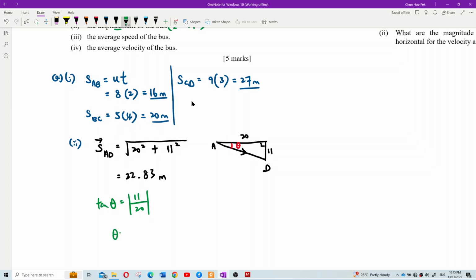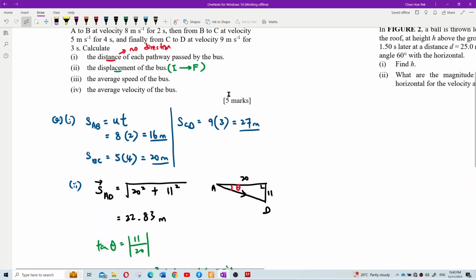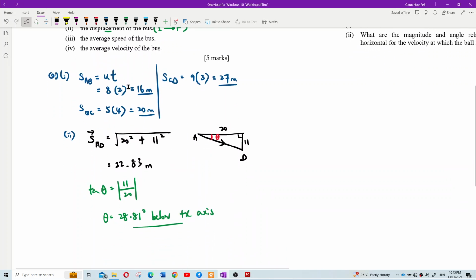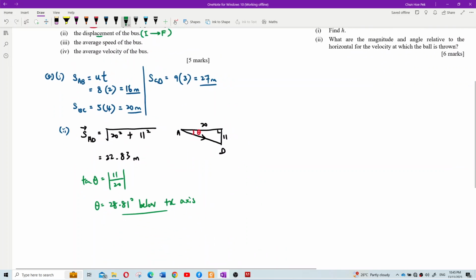Yeah, so theta is equal to 28.81 degrees. The direction is actually 28.81 degrees below the positive x-axis. Okay. Next, average speed. If we want to find the average speed of the bus,